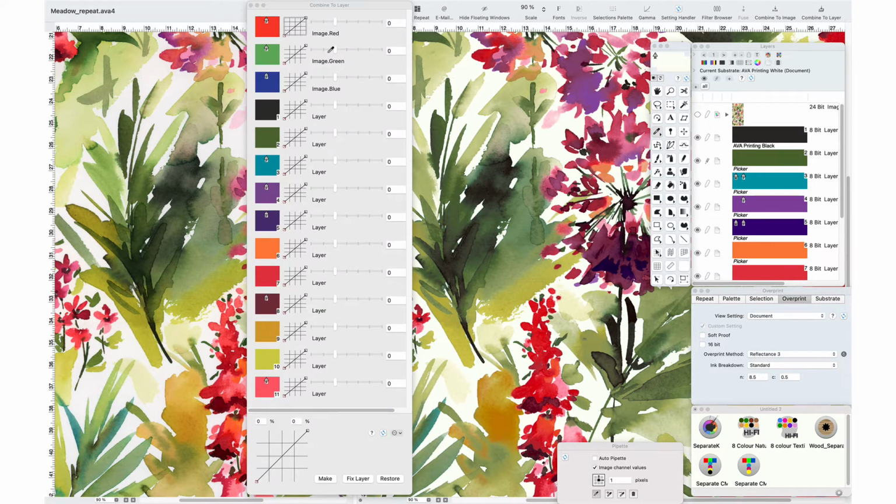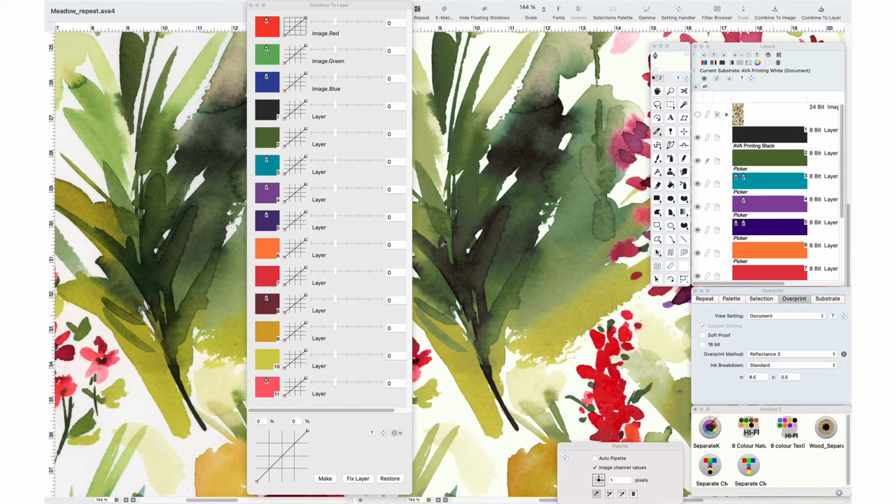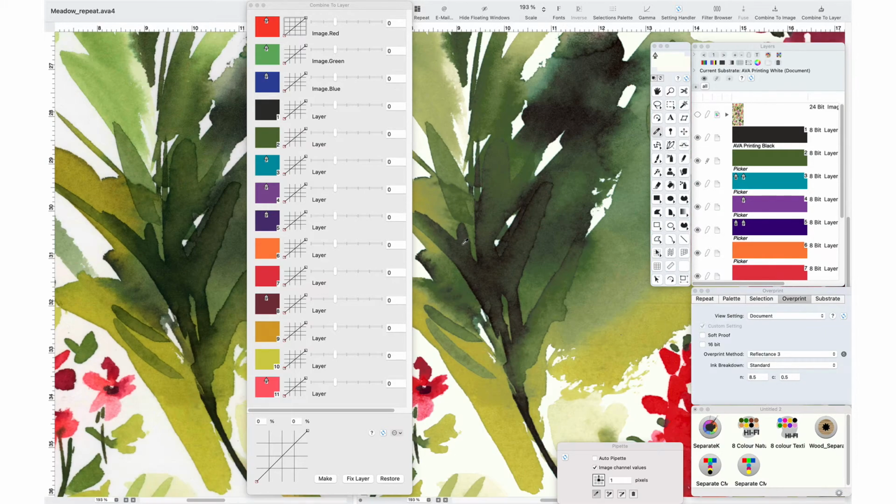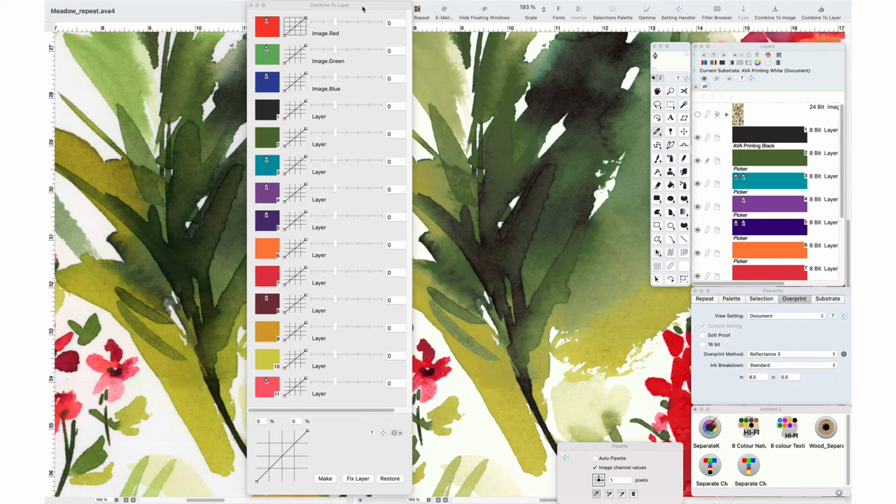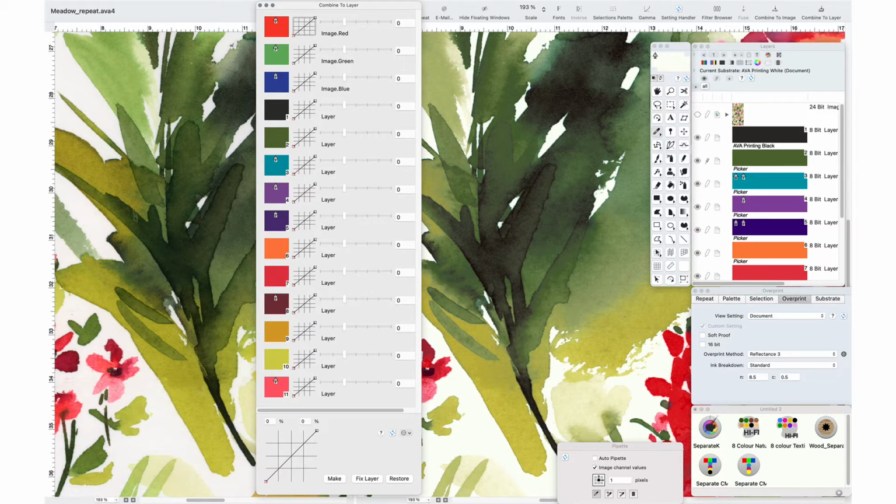There's lots of control here for controlling tones within layers and using it to combine or remove tones from certain layers themselves. Now, the Combine to Layer works on individual layers at a time, and I just want to pay particular attention in this area here to give you an idea of what this is going to do. If we look over on the left, which is our original image, we can see a very nice blend of the dark and black areas into the greens, whereas over on the right hand side here we can see that it looks a little bit flat,